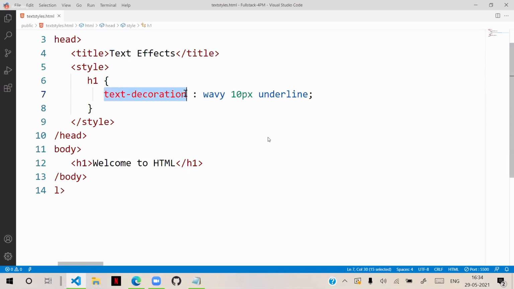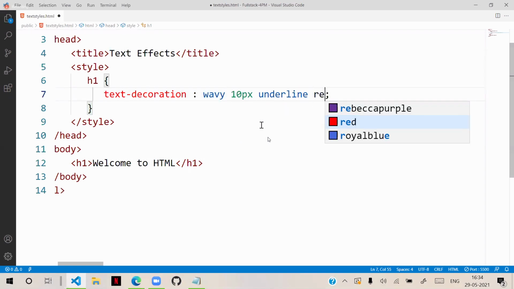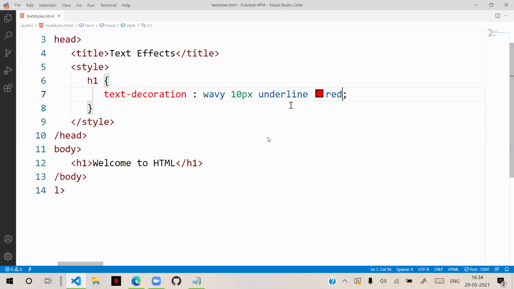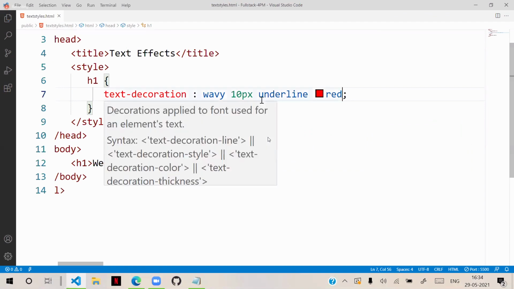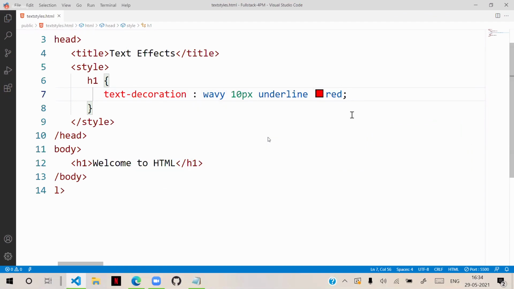So technically all you can define here. Suppose I said red, then it will appear in that color. So text decoration has options like its thickness, its style, and its color.